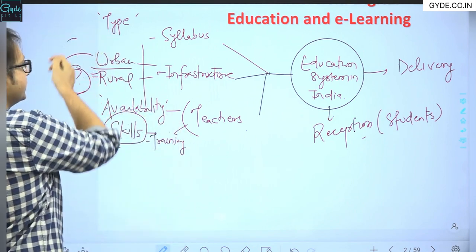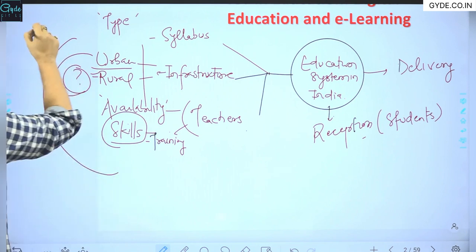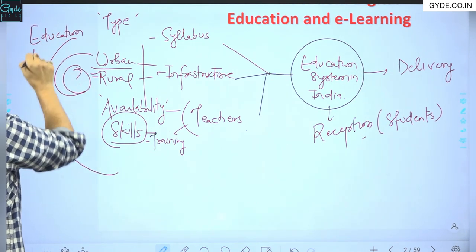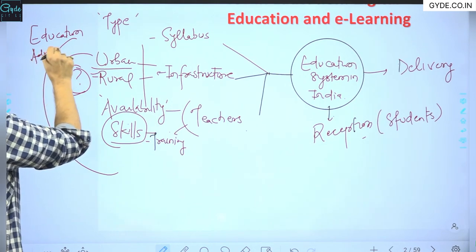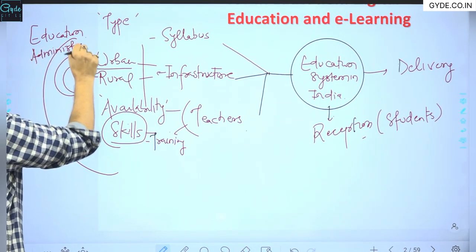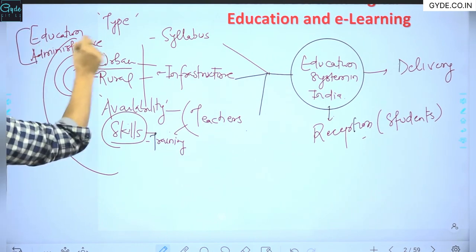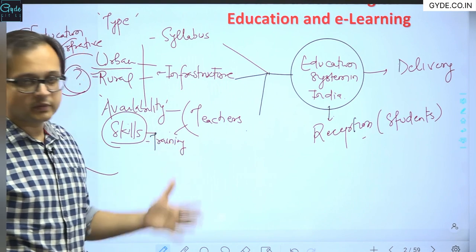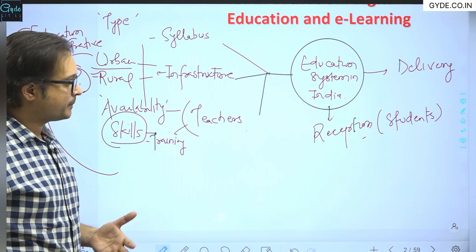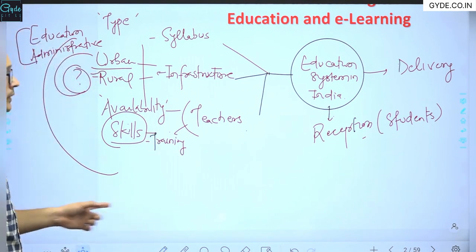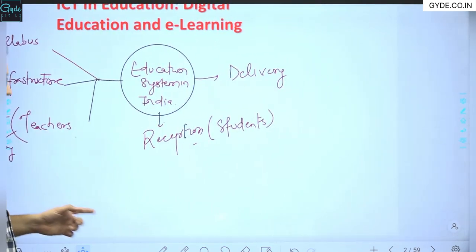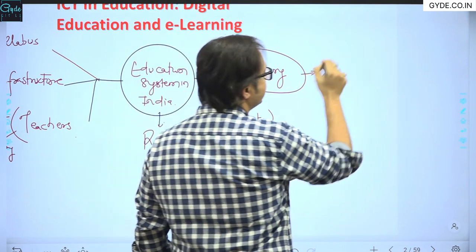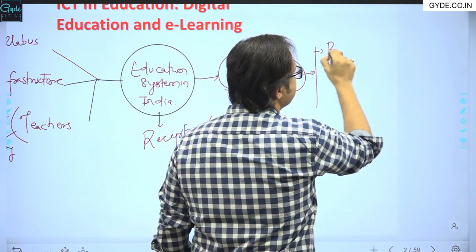And overall, the education administration itself comes under particular scrutiny, where a constant continuum is required for monitoring of the educational infrastructure, teachers, syllabus, etc. Sometimes that fails. Now the second major problem also remains with the delivery of education in India. When we speak of the delivery of education, there could be multiple barriers in education.